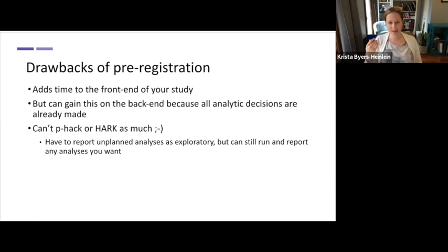Once I have my data collected, I can analyze it so quickly. I already know what I'm doing. And sometimes as part of pre-registrations, people might in fact write an analysis script that they plan to then apply to their data later. Another drawback, and I kind of would put this in quotes because it's, in my opinion,